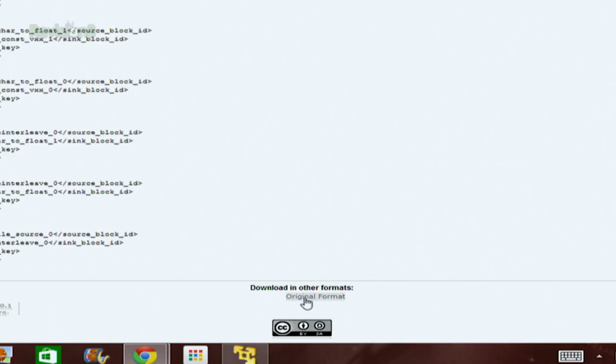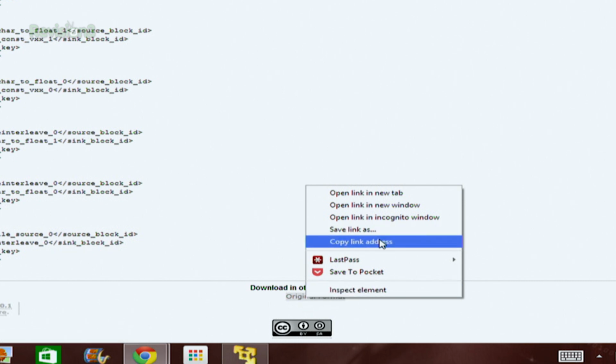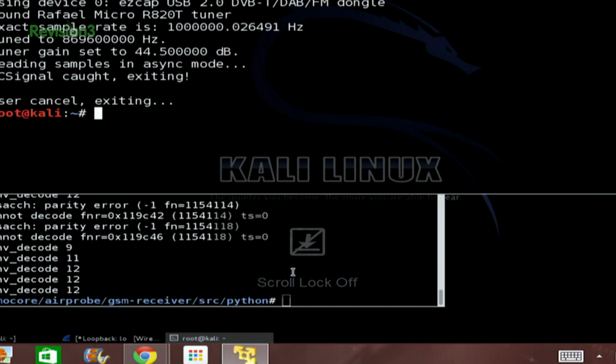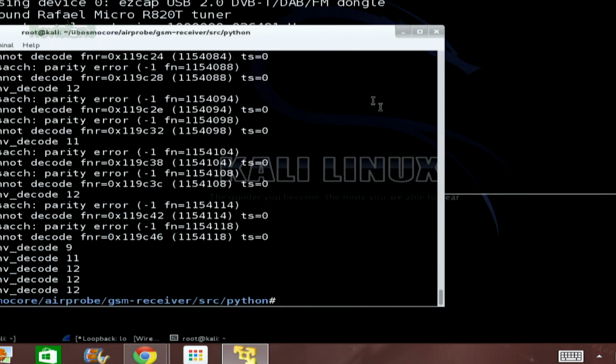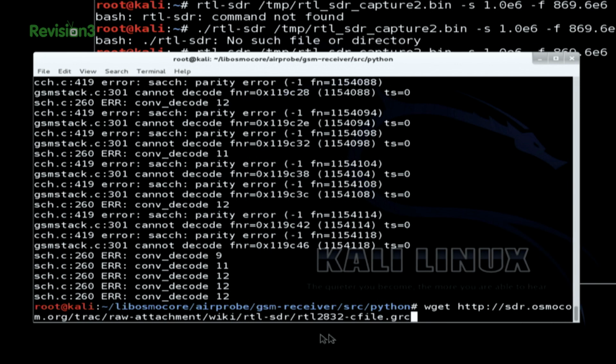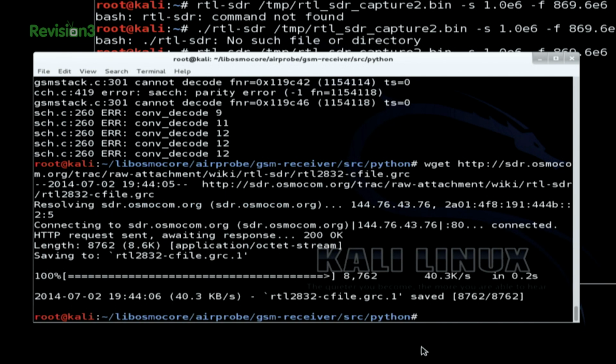So I'm going to scroll all the way down to the bottom of this website, and I'm going to copy the address to that original format. And I'm going to go back into VMware Player, and I'll go into my original window right here, and I'm going to copy that. I'm going to wget it. Control-Shift-V. There we go. Osmocom cfile.grc, that looks right to me, so hit enter,